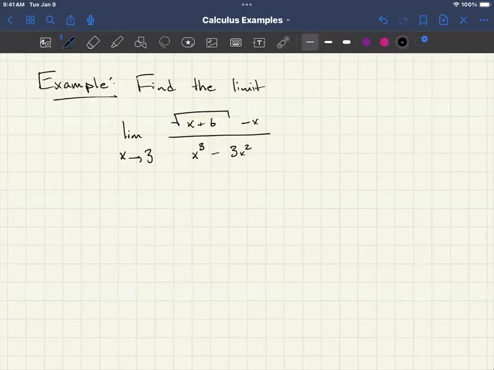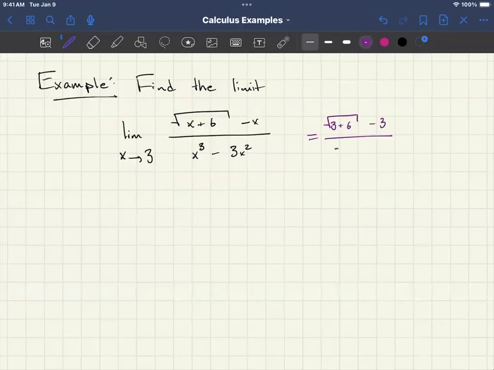Today we're looking at a limit as x goes to 3 of square root of x plus 6 minus x over x cubed minus 3x squared. So what we are going to start with is what we normally do with limits. We're going to see what happens when we plug the number 3 in, because if we're lucky, everything will just